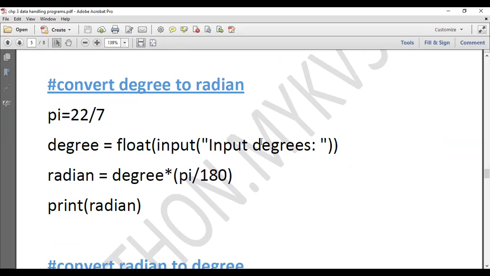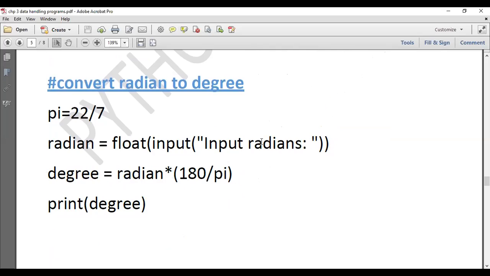Convert a degree to a radian. Try and self-understand these. If you have any problems, please feel free to get in touch with me through WhatsApp. I will solve your query as soon as I can. And third is convert a radian to a degree.